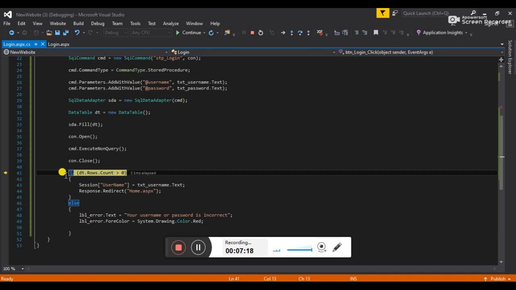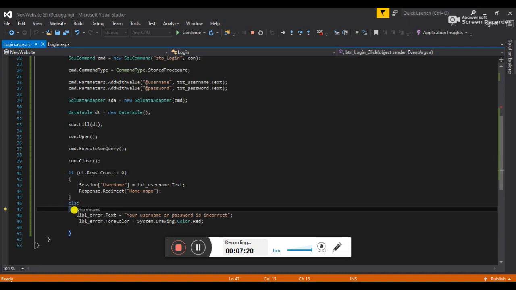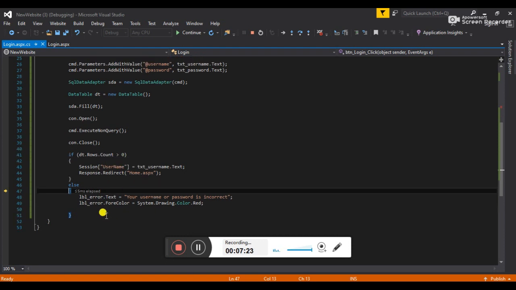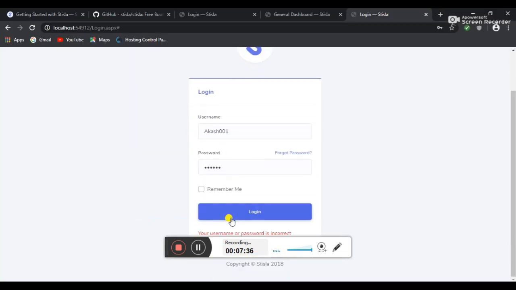Now the if clause will execute and it will come here because the row count is 0. It's 0 because the username and password which we provided did not match any of the data. So now it will come here and tell us that your data is incorrect. See, it is written your username or password is incorrect.